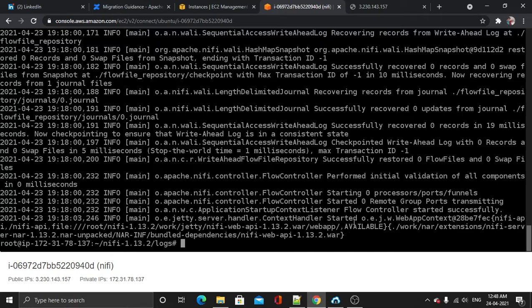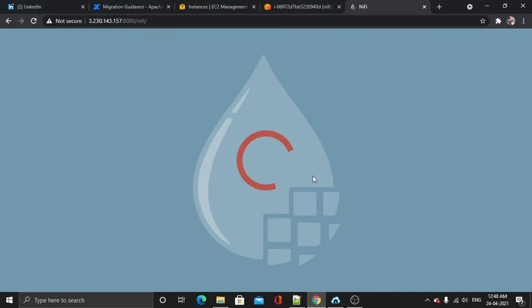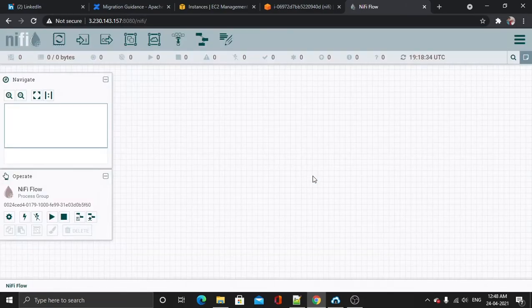Okay, now my application has been started. So what I will do is I will hit this. Okay, so now I am able to access my Nifi. So in the future releases also, this is the only way to rectify the error of not being able to access it from AWS or any other